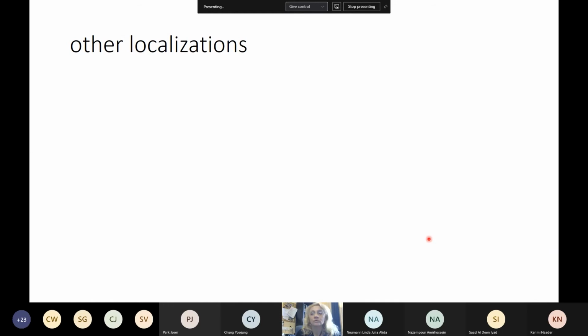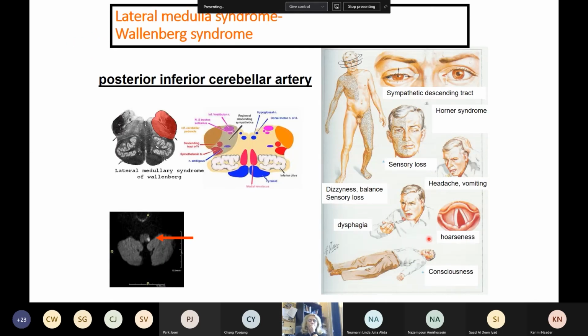Let's see some other localizations. These are also pictures from my earlier lectures, so you don't have to know this. I told you there that this is only for demonstration. You don't have to know the name of this disease. You will learn it in neurology,